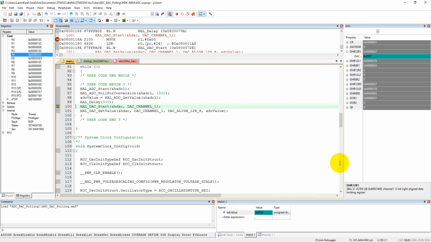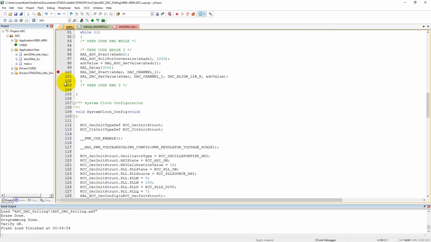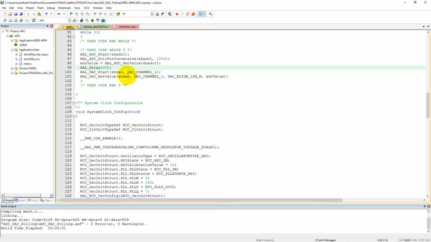See, 37, now it is 33, now it will go to the DAC. Fine. So that means our program is working. Now we can see this in live mode also, on our oscilloscope and the function generator. But before that, we need to set a low delay here, otherwise we will get a distorted wave at the output of the DAC.